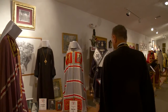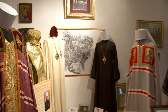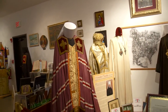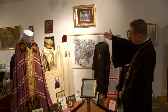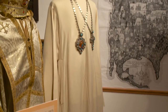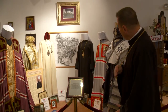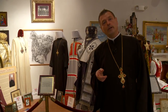Here on mannequins is a panorama of all the original vestments of some of our former Metropolitans of our church in America. Metropolitan Platon, Metropolitan Theophilus Pashkovsky, Metropolitan Leonty Turkevich, who was very famous for wearing his white pontifical style riasa. Metropolitan Irenei Bekish, and on him is the original riasa that he was given by the Emperor of Japan, Hirohito,